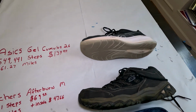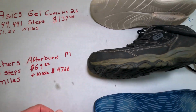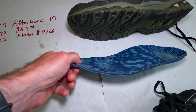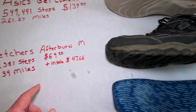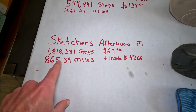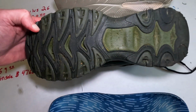Okay, let's move into the second one. This is the Skechers Afterburn, and this is the medium width one. Now, I'm very impressed with this shoe because it's still going for $69. I had to add a $47 sole to it right here to make it just a little bit firmer. It was almost too soft on the inside. Now this one's impressive. 1,818,381 steps, which is 865.34 miles. And you gotta see, the sole, there's a lot of grass in here because I use it to